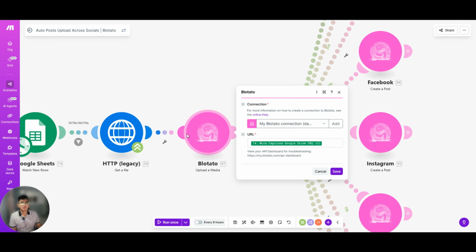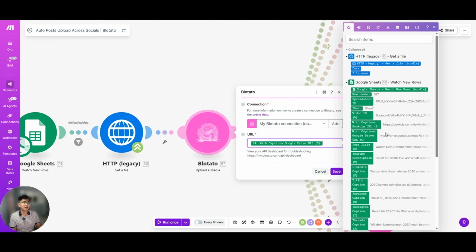So this gives us a single clean media object so we can reuse it for every platform. So the same as this HTTP Get a File module, you need to map this with captions and Google Drive URL.